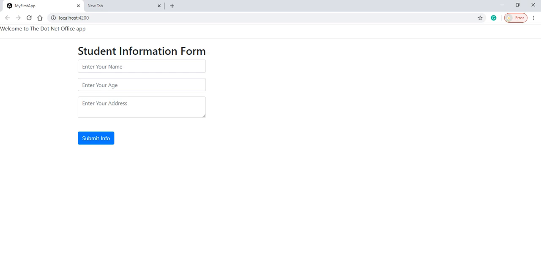It's loading now. We have given the validation for name and age. When I click on this and come out without entering anything, we can see the border is showing in red, but we can still click on submit info. I can click on it and it is saving data. So what I can do is make this button enabled only when there is valid data, and then only we can click on it.